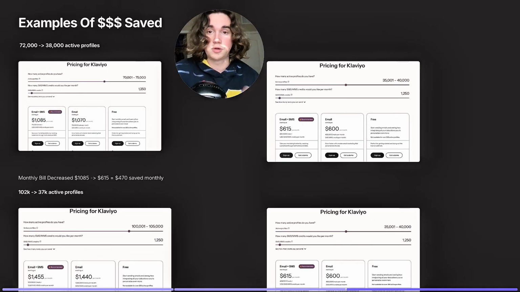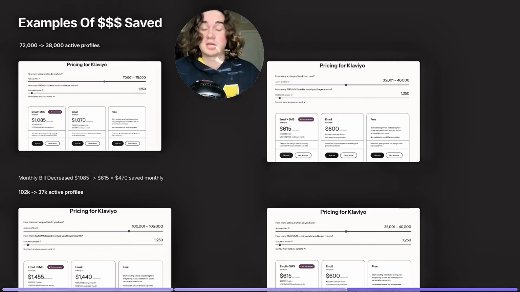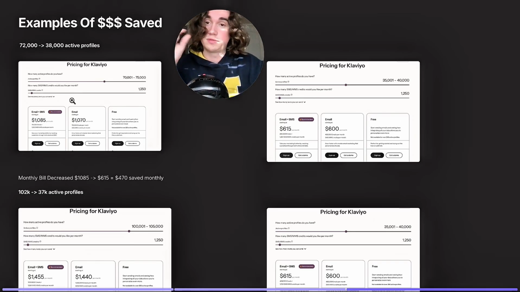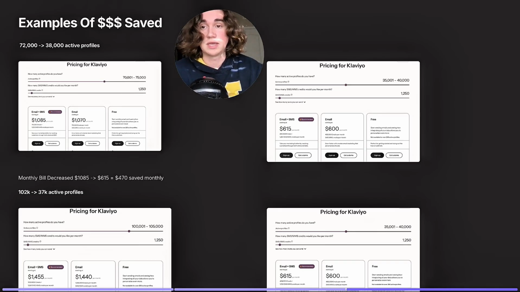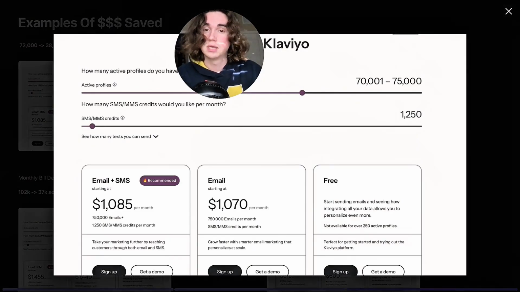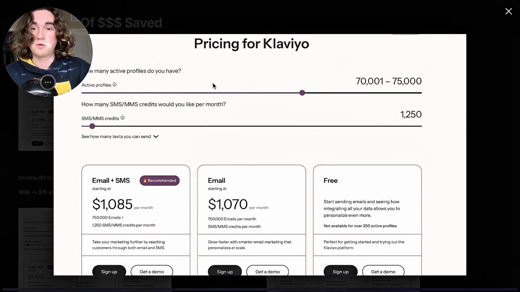The last thing I'll send you on your way with, so you know that this isn't all talk and this is actually how you can save money on Klaviyo, I'm going to show you 2 examples of clients that we have and the money that we saved them by using these exact suppression strategies. So to start with, what we had for this client was 72,000 active profiles. So this is what they were paying for. This is how they do it by range of audience. So they were on this tier, and they were also paying for email and SMS. So they were paying